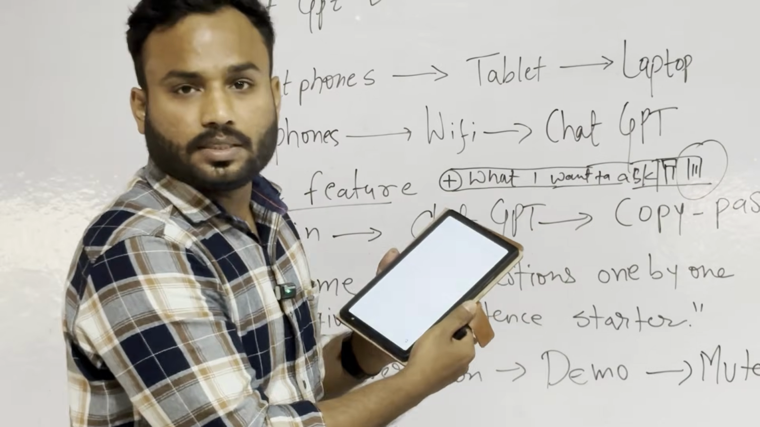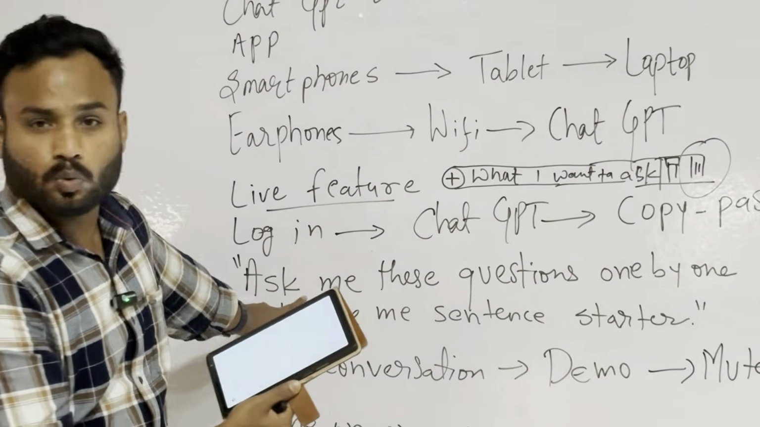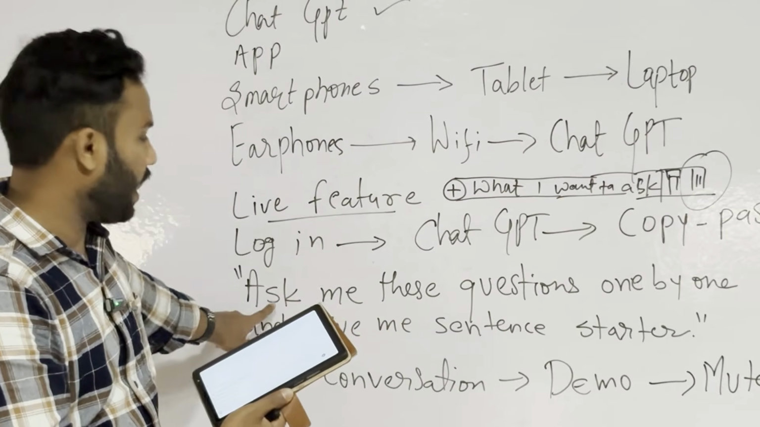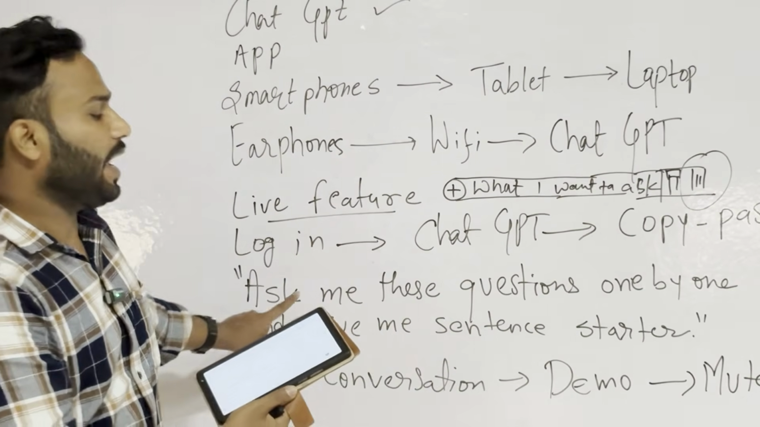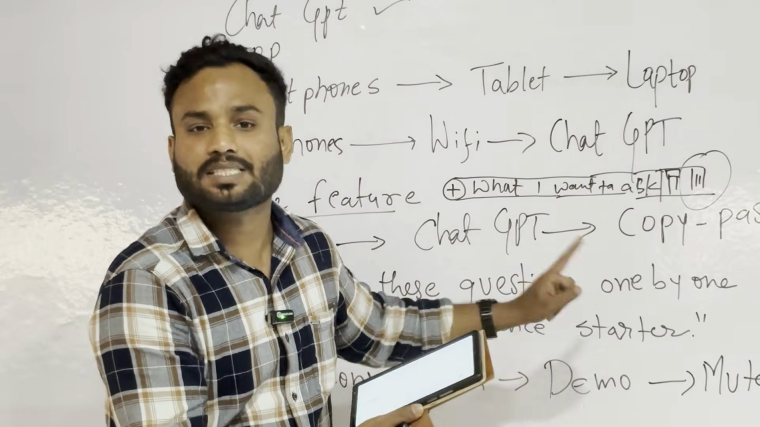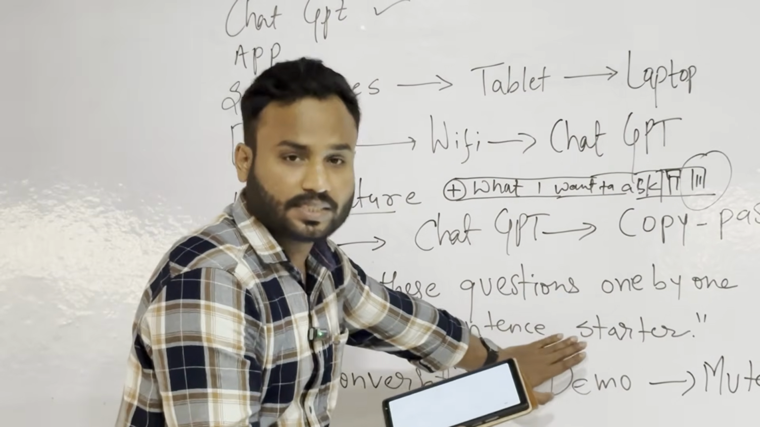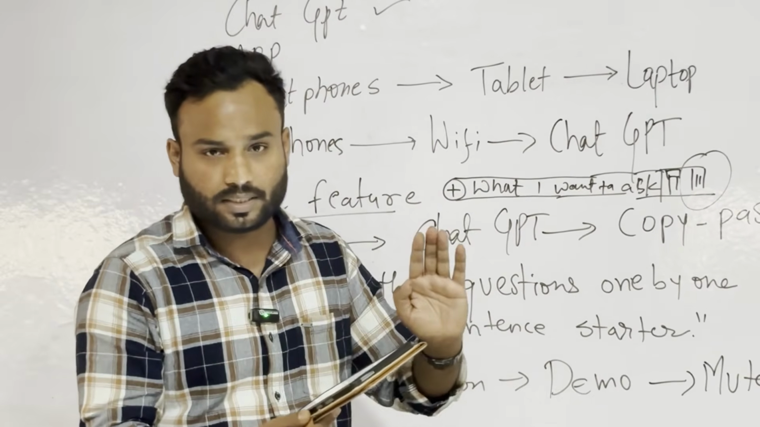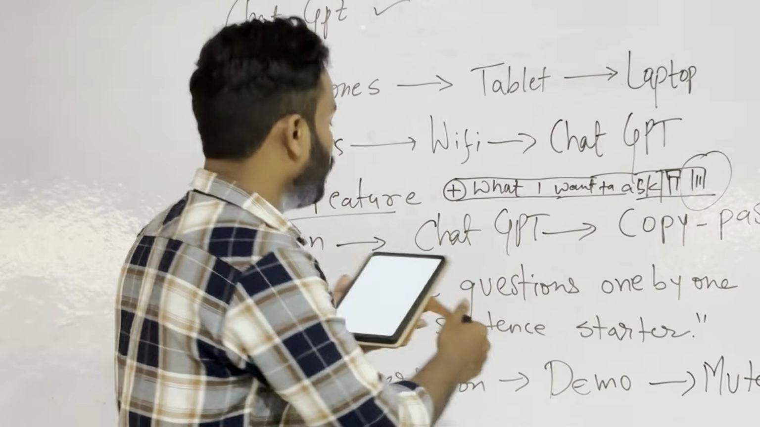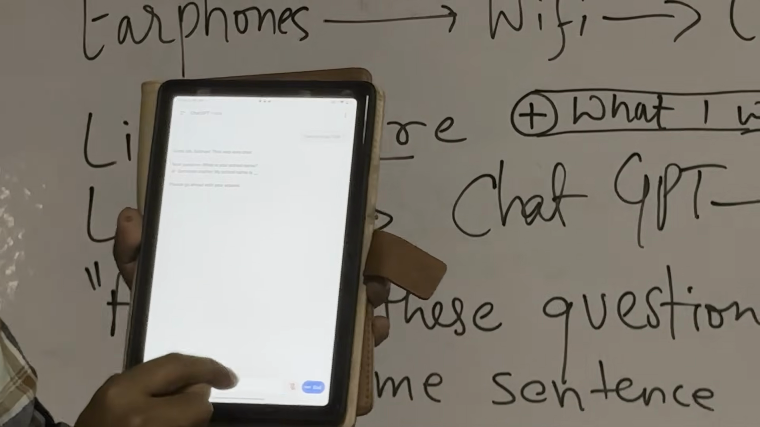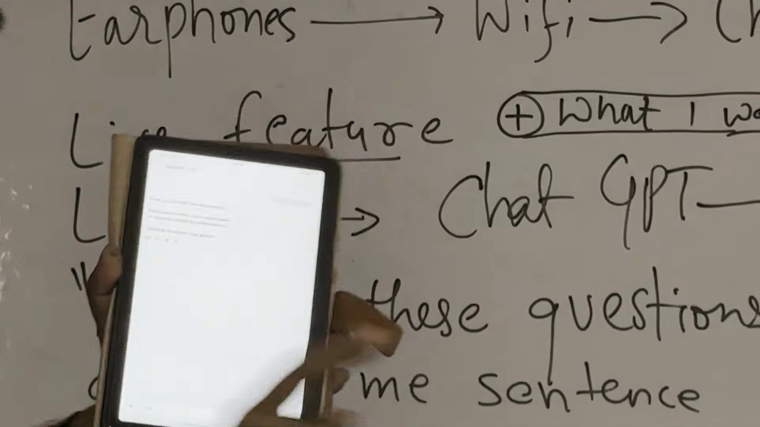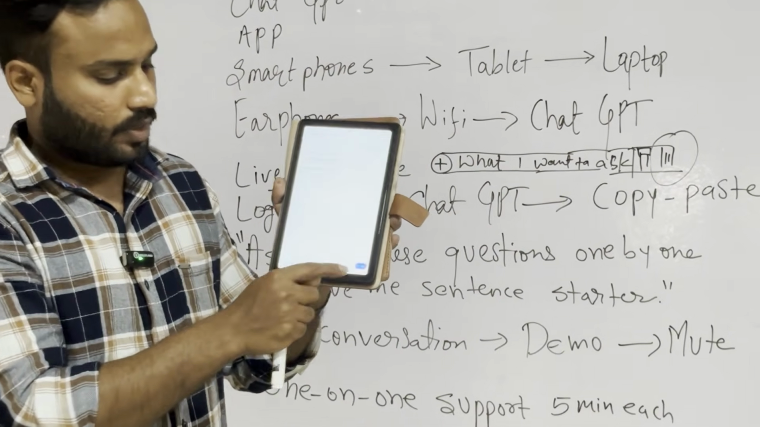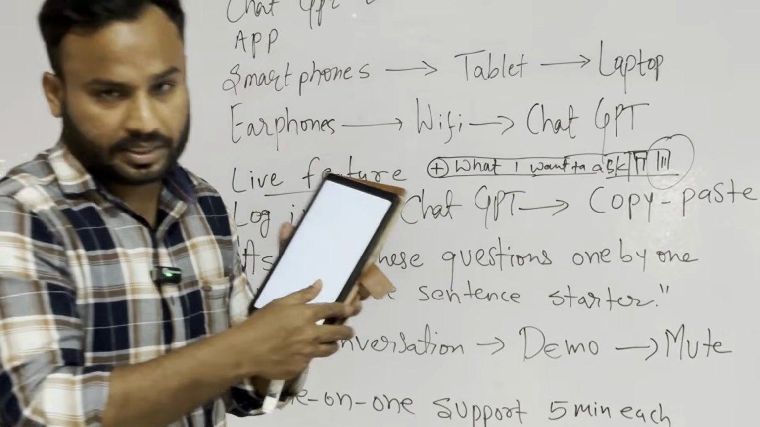All right. So once you have asked them to repeat the prompt, you have to ask everybody to say the prompt, "Ask me these questions one by one and give me sentence starter." Okay. Once you have asked students to repeat this prompt at least twice, the next task is to show a demo. Now, every time I keep on repeating, the mute button is very important. So use the mute button. Once you have shown this demo,